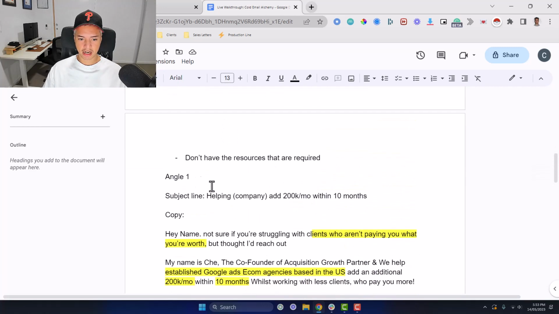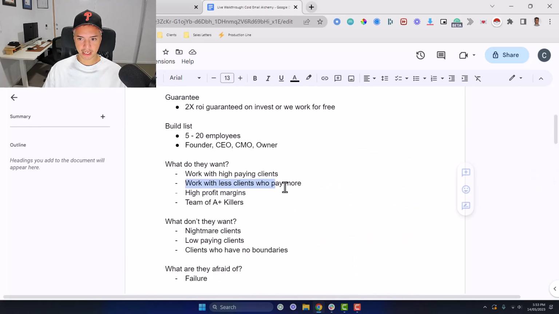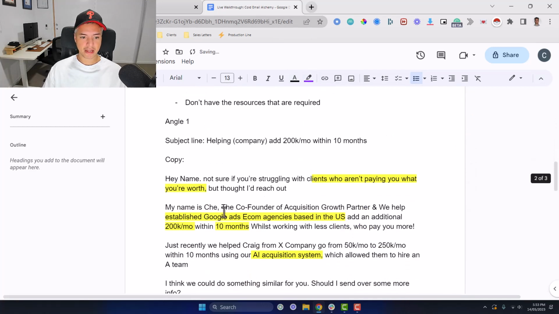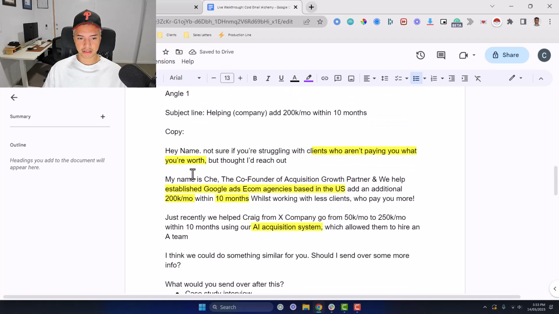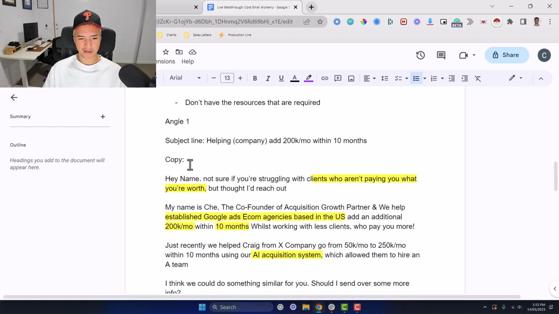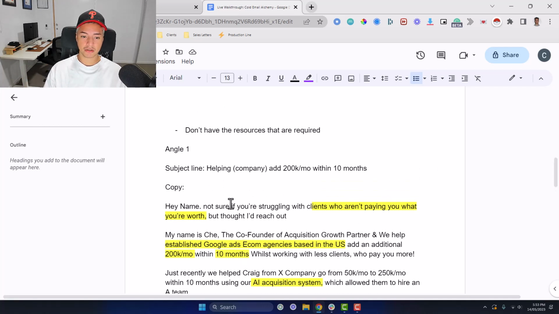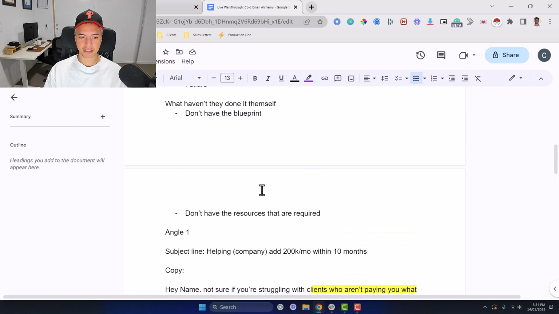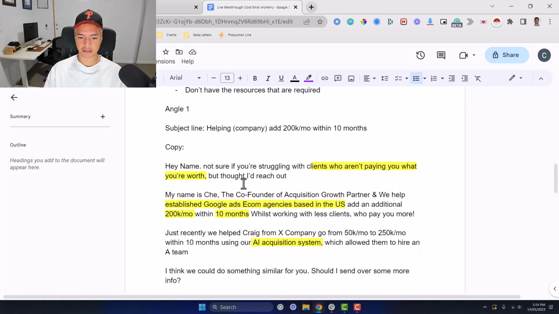Now, as you saw, I only pulled this one angle here, depending on how big your list is. If you do have a massive list, you can craft multiple angles. Per angle, you want to have 250 leads. If you've scraped the list and done it properly, and there's a list of, let's say, 5,000 people, you can do like 5 angles at once, but you're also limited by the amount of domains that you have. You can have a minimum of 250 leads per campaign, but the more the better. You probably want to be closer to 400, but you're not always going to have ideal circumstances all the time.